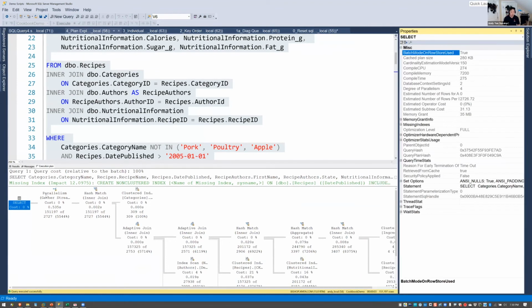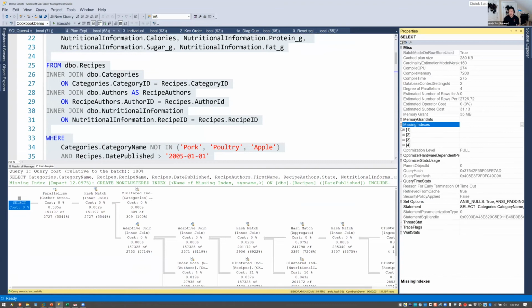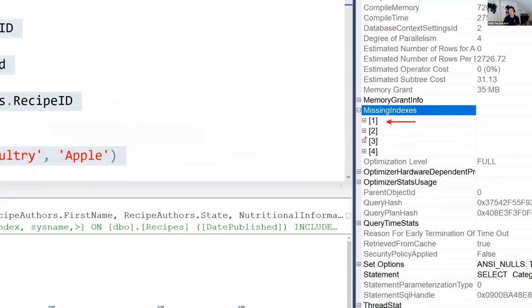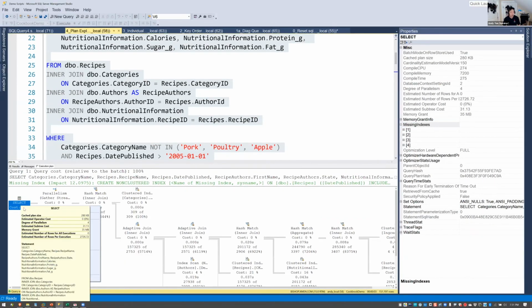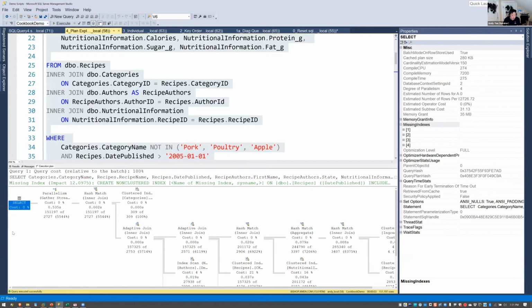Let me pin this out. Open up the select tab. And then if I open up the missing indexes section, there's not one missing index recommendation. There's actually 4. But Management Studio in its infinite wisdom hides these from you. The only way you can see that you actually had multiple missing index recommendations is by looking at this panel or by looking at the underlying